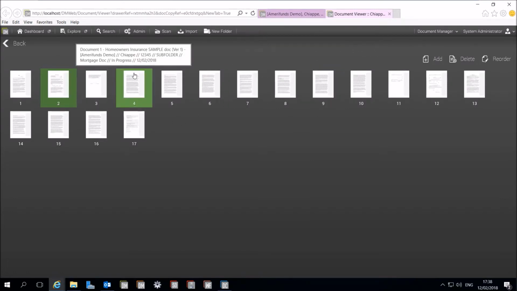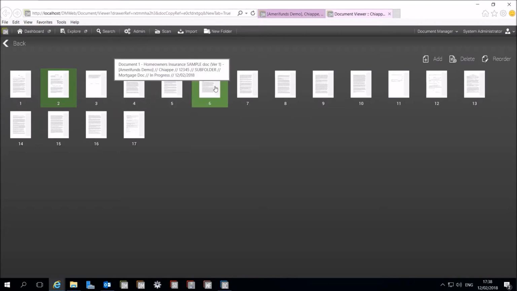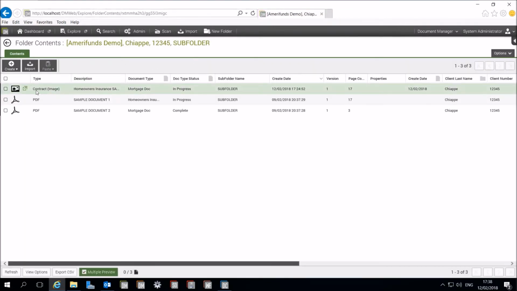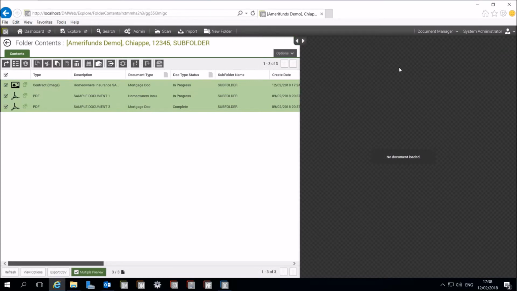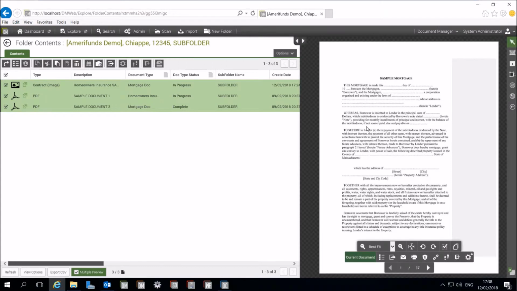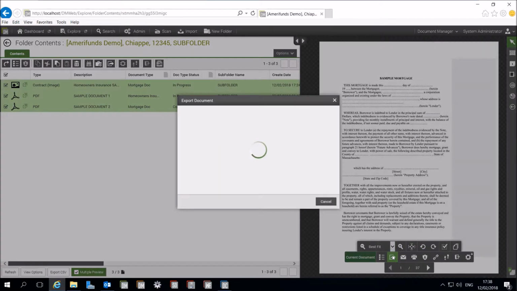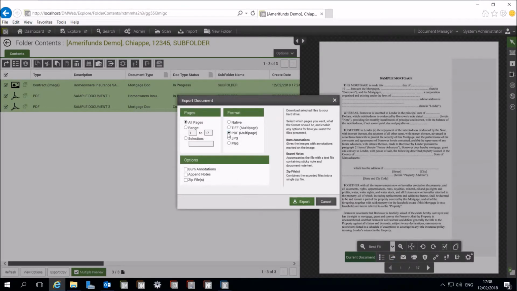It's just another tool that you can use within Document Manager instead of printing. However, I know if you have, like, 160 pages, it gets a little bit harder, especially in this format, to see specifically what's in each document. So in that case, I can select my documents here. Let's just say I have 3 of them, and I want to create that due diligence document, final document, if you will. I'm going to click on my arrow, which gives me a previewer. So I can do one of 2 things. I can export all 3 of these documents into a PDF,